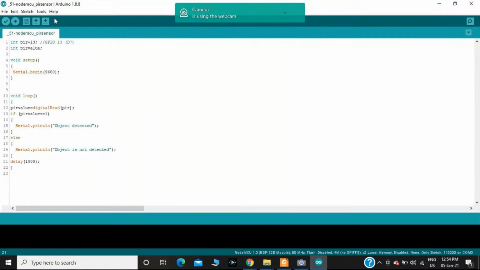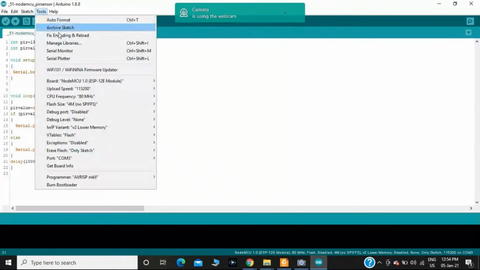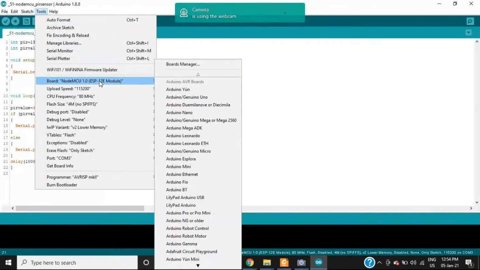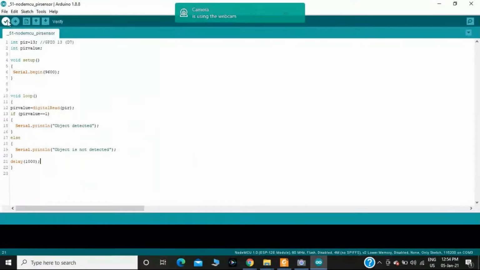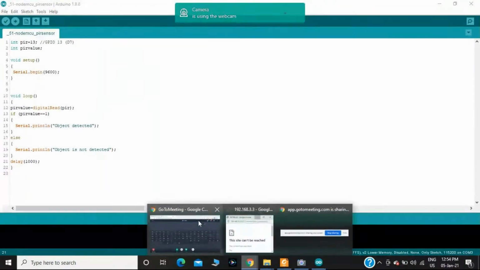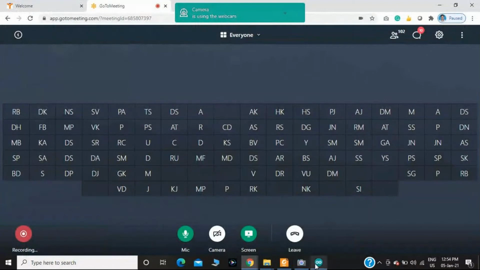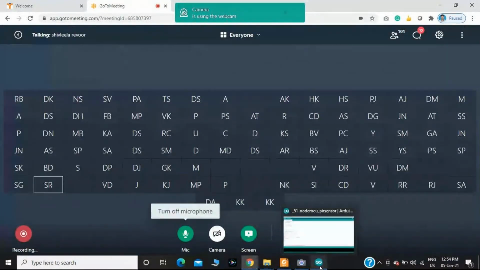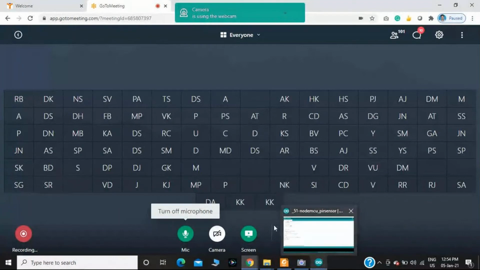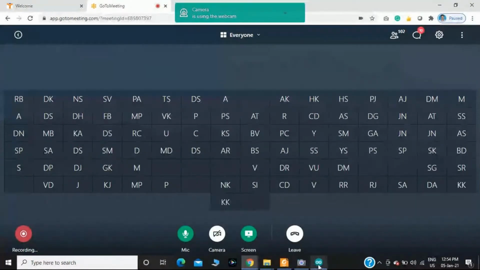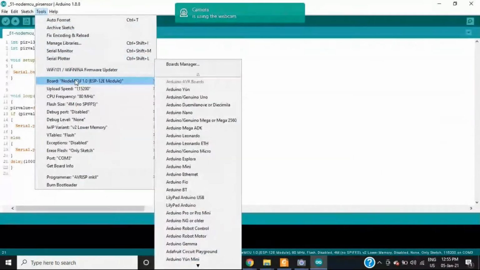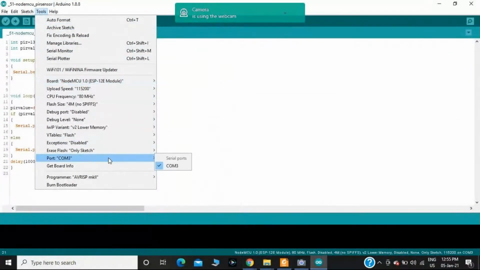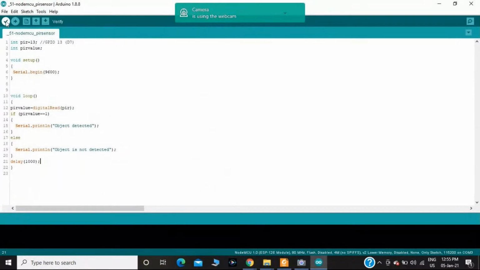Now, in the Tools menu, I am going to select the board, then afterwards I am going to select the port. Afterwards, I'm going to verify the code by clicking on that.